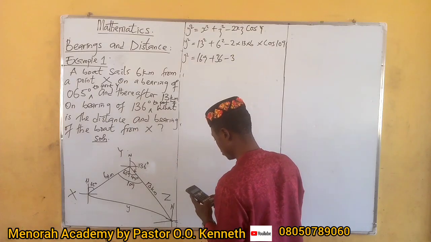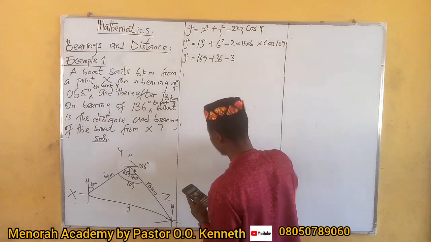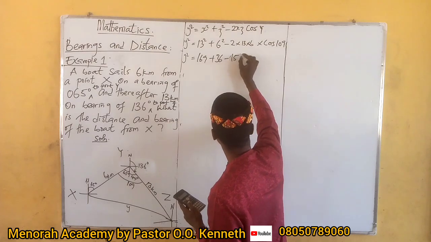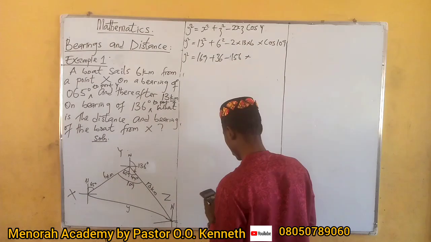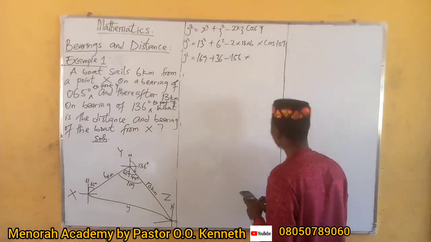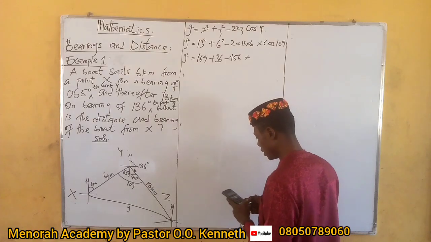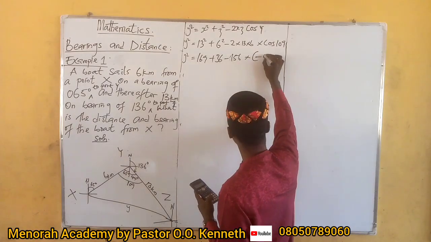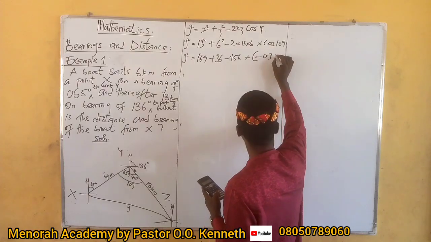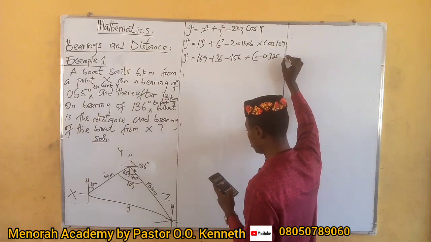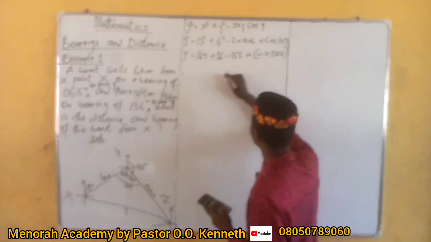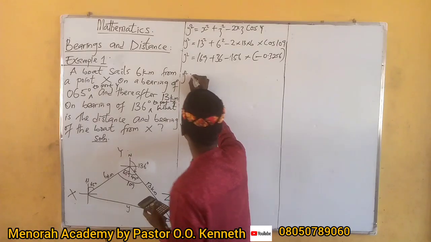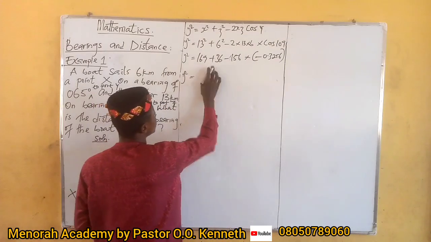2 times 13 times 6 is 156. Then times cos 109, which is going to give me minus 0.3256. Alright, so this is y squared, and this y squared is going to be equal to